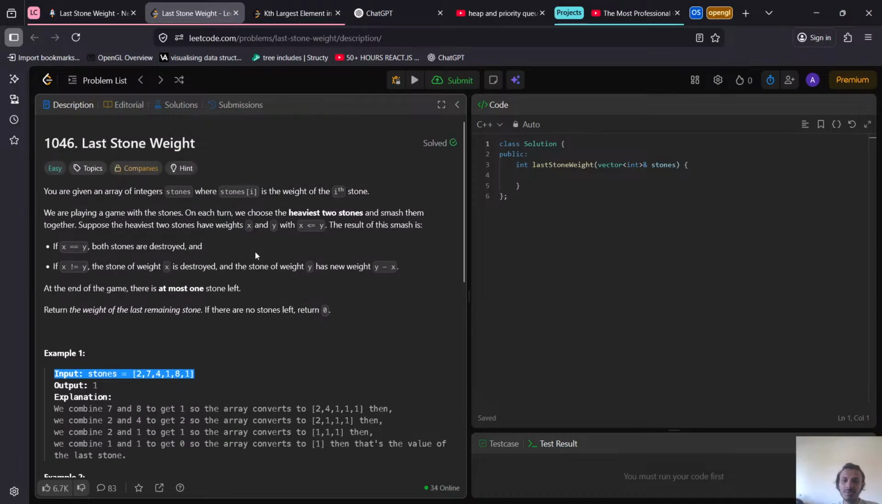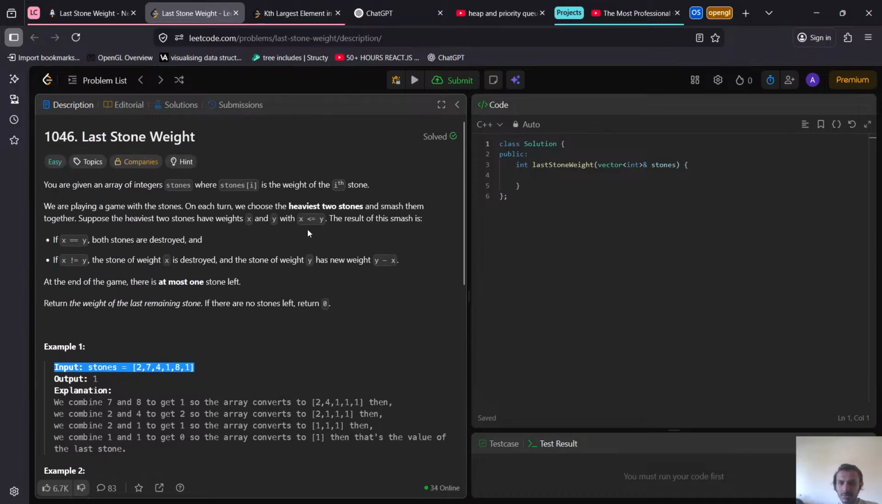So what I'm going to do is, instead of using max heap, we are going to use a priority queue. Okay? Simply let's use a priority queue of type int, a vector of ints. We're going to do priority queue stones dot